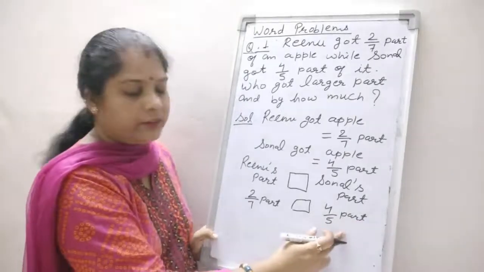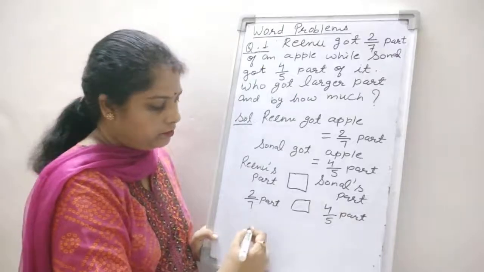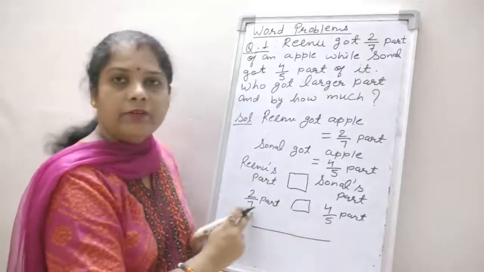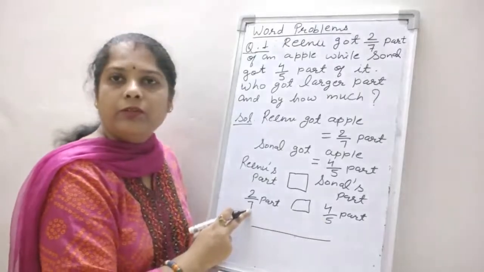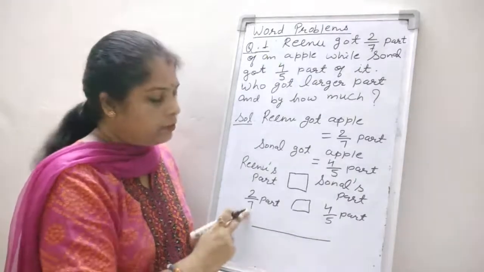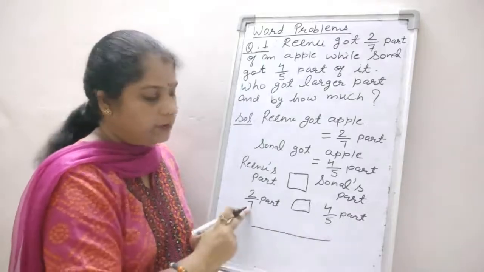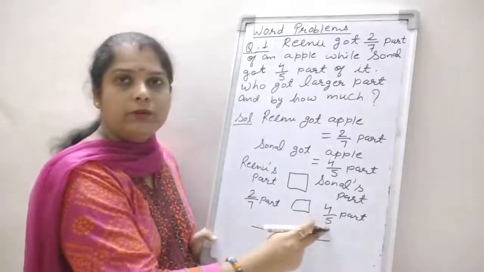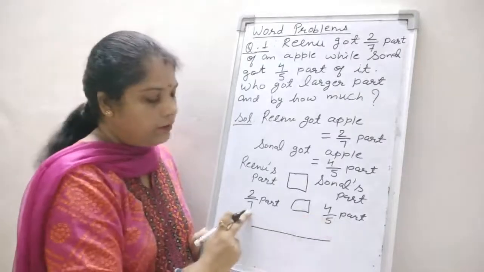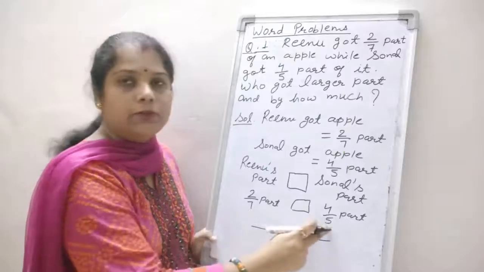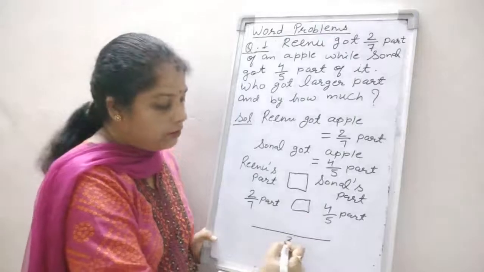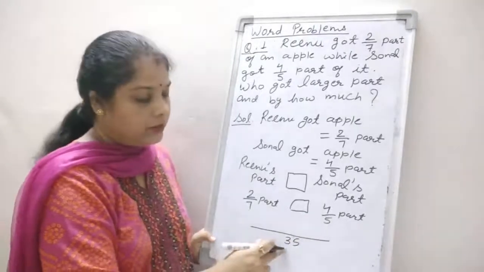Now these are unlike fractions. Take the LCM. By the same process, the greater number between 7 and 5 is 7. Then we have to speak out the table of 7. 7 ones are 7, not divisible by 5. 7 twos are 14, not divisible by 5. 7 threes are 21, not divisible by 5. 7 fours are 28, not divisible by 5. 7 fives are 35, that is divisible by 5. And of course it is divisible by 7. So 35 is the LCM.